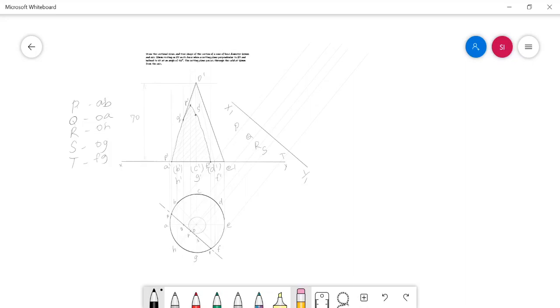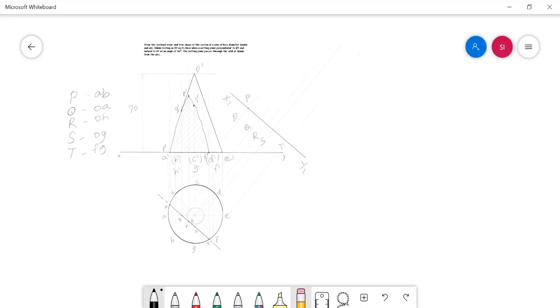So in the new view, the true shape of the section, I also need to mark the cut point P in the x1, y1 itself. Here I need to mark it. This is nothing but the point P. And then for point Q, measure the vertical distance between the xy line, your reference line, and the point Q, and mark the point Q in the projector of Q with the same distance. Approximately I am marking it here.